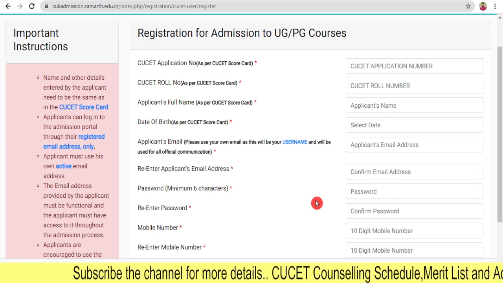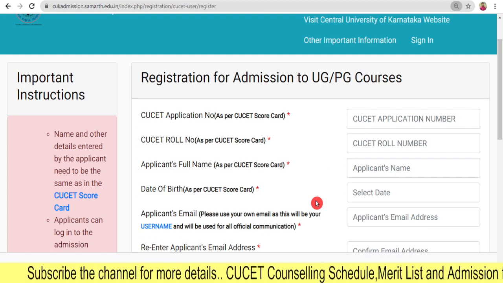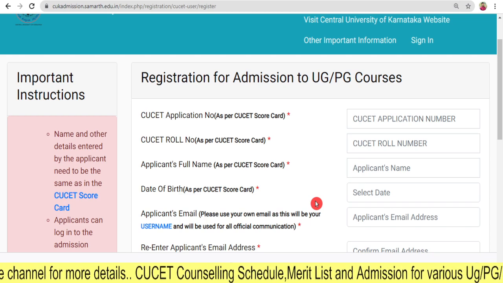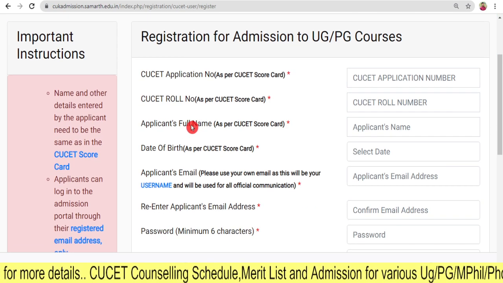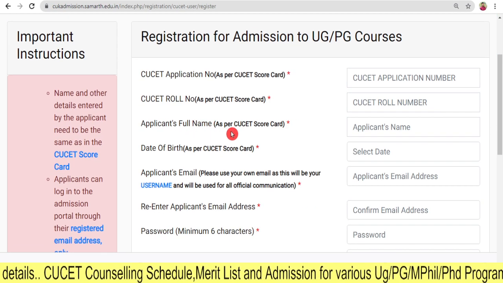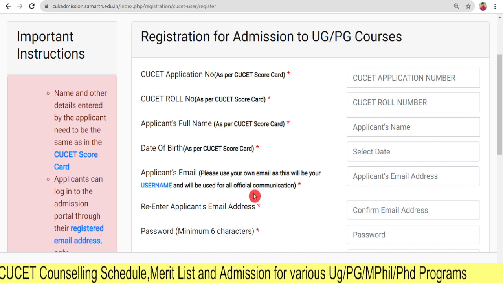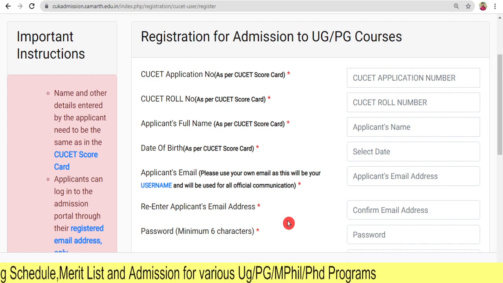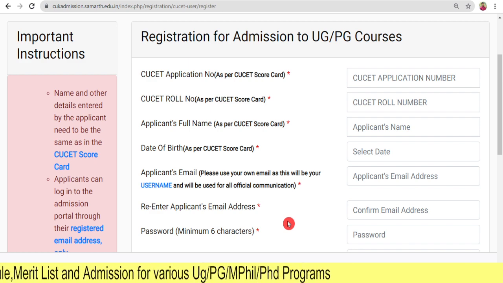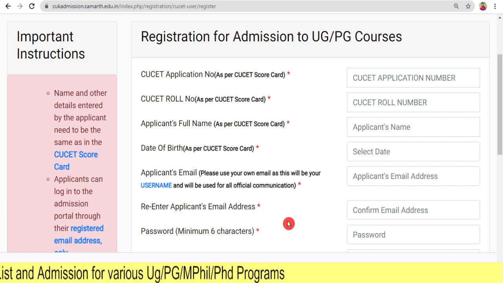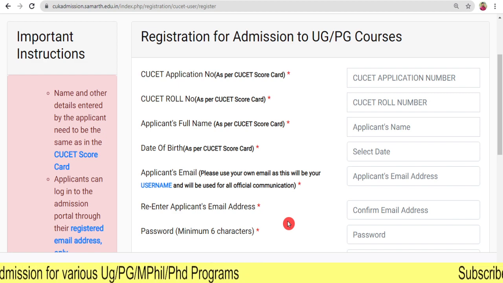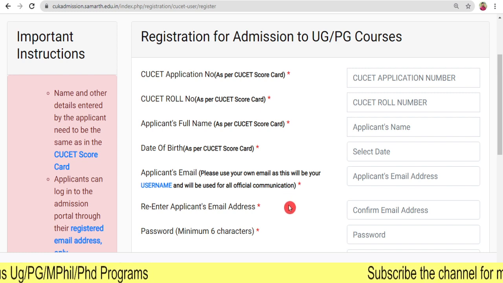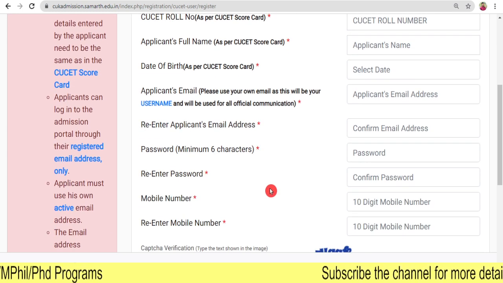The first section, see what fields are required to fill. The first one, CUCT application number as per your CUCT scorecard. Then you have to give roll number, applicant's full name, date of birth, email ID. When you are giving the email ID, please remember to use your own email, as this will be your username and will be used for all official communication. So your username is your email ID, so you have to give your own email ID and re-enter the applicant's email ID,